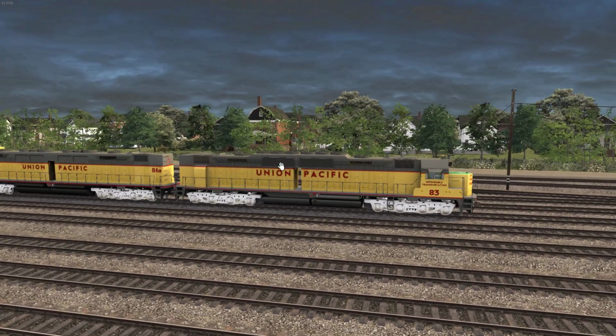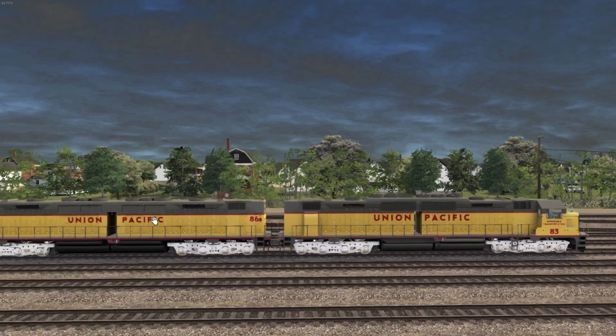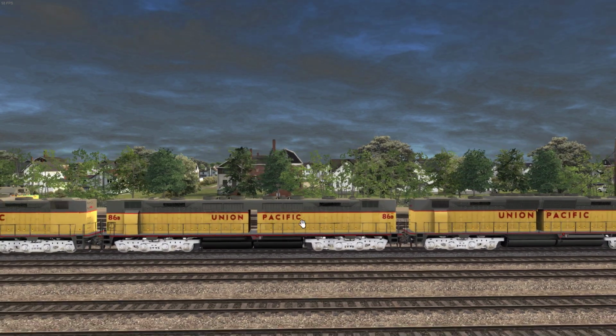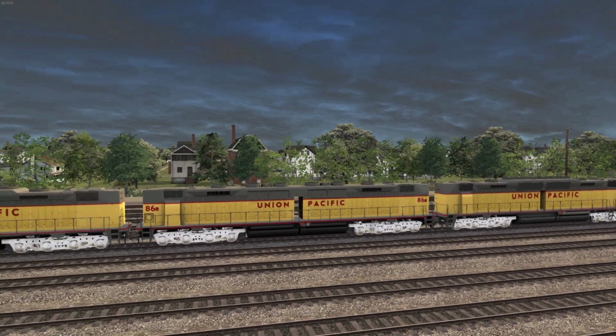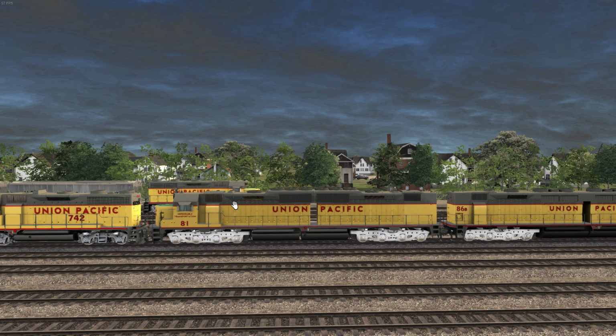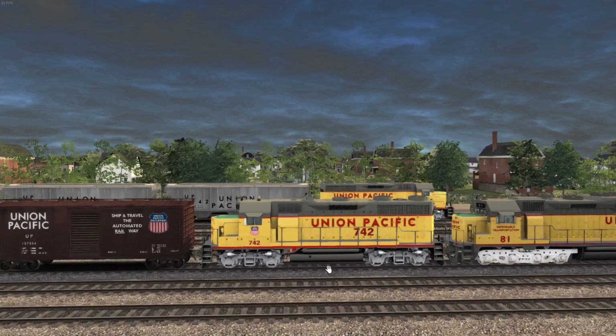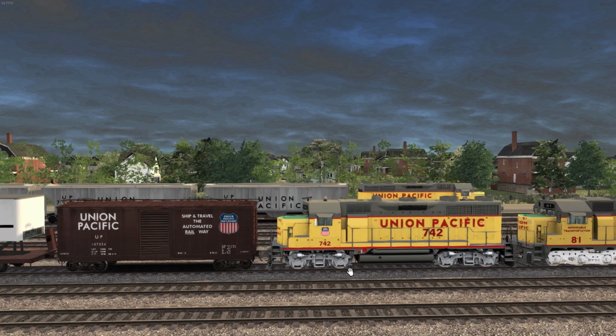So you're going to end up with the DD35A cabbed unit, of course. You end up with the cabless booster, the original unit, and of course a non-drivered variant, and then a GB35 with driver and non-driver variants,